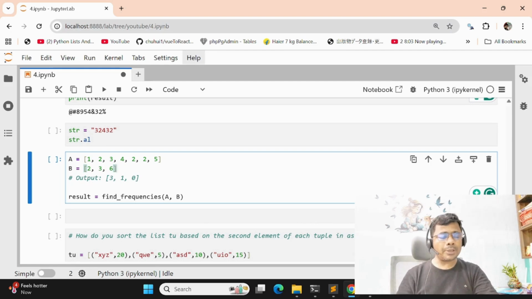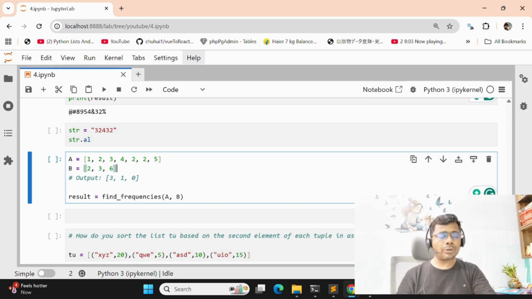Suppose in B the first value is 2, we need the count, or frequency, of 2 inside A. Inside A, 2 appears 3 times, so the output will be 3. 3 appears 1 time, so the output will be 1. 6 is not available inside A, so the output is 0.